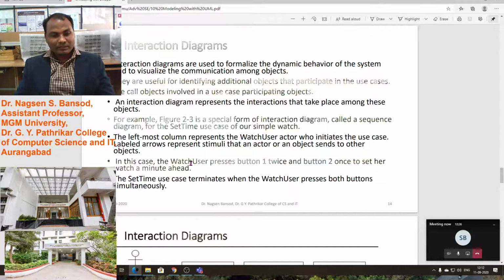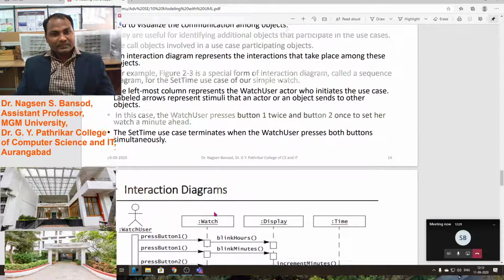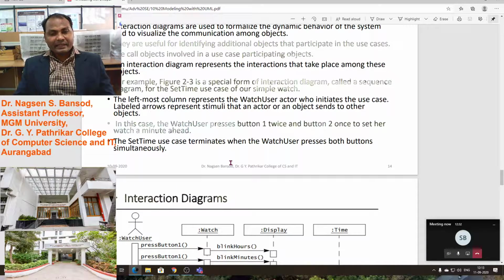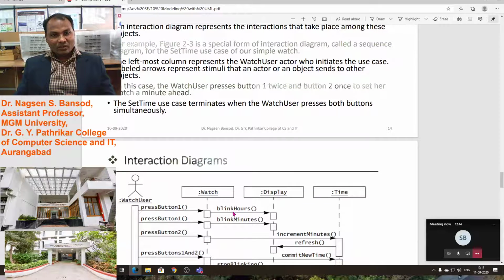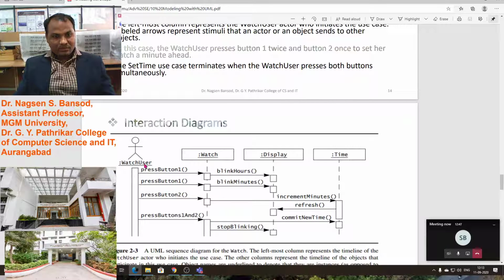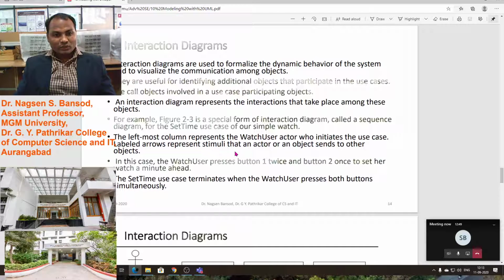For example, there is figure 2.3. In this figure, a special form of interaction diagram called a sequence diagram is shown for the set time use case of our simple watch. The leftmost column represents the watch user, the actor who initiates the use case, and the labeled arrows represent stimuli that an actor or an object sends to other objects.